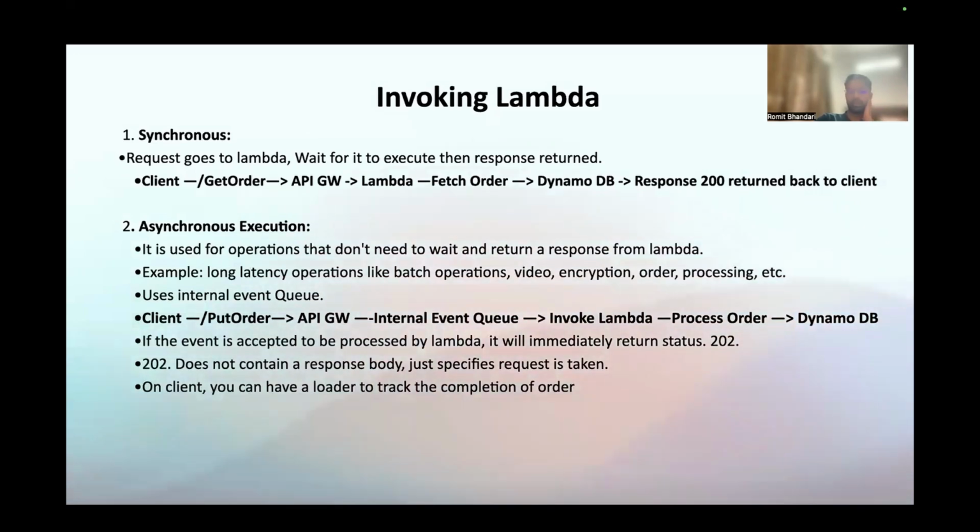For example, long latency operations like batch operations, order processing, video encryption, etc. These operations require longer time to entirely process, so you can't have them as a synchronous invocation, because then the entire workflow will take a long time, and the user would need to wait on the screen for a longer time. The loader keeps on showing. Instead,